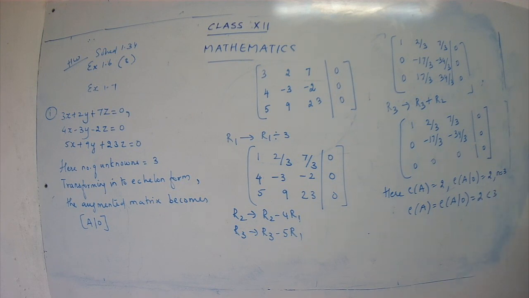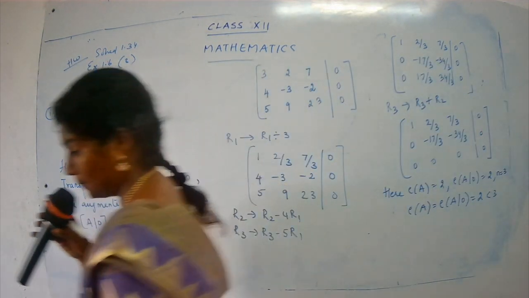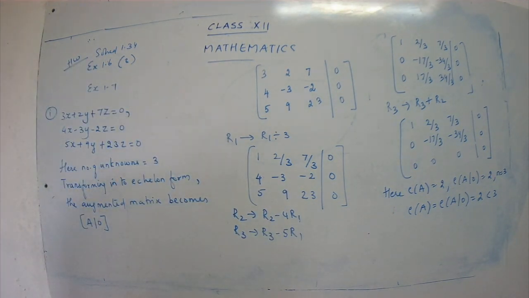So how is the system? The system is going to be non-trivial. Yes, children, we have seen that it is a non-trivial solution. Because if you have a case rank of A is equal to rank of AO less than n, then we say the system has a non-trivial solution. But here in this case, we are not asked about the different types of solution. They are only asking you the different values. Anyhow, you can just put there it is a non-trivial solution, no problem.